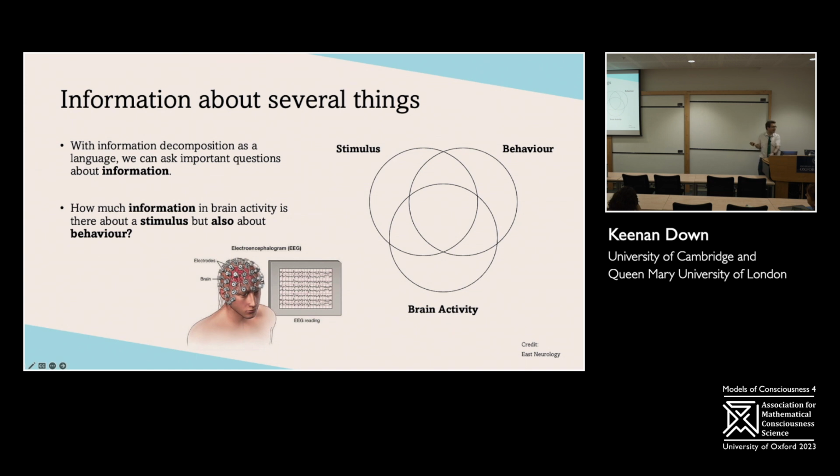Okay, so this is actually really useful as a kind of experimental paradigm, and it's going to be super, super useful in general, I think, because it's suddenly giving us this real important power of talking about the information that is truly shared, possibly truly shared, between several things. So if we're doing, for instance, some kind of paradigm where we have a stimulus and we're observing someone's behavior, but we're also looking at their brain activity, the last thing we want is a negative number to pop up in the middle of this and we don't know what it means. If we can actually say how much information was shared between those three things, that's going to give us some really interesting measures that we can now apply to actual computational neuroscience and actually see what we get out the other side.